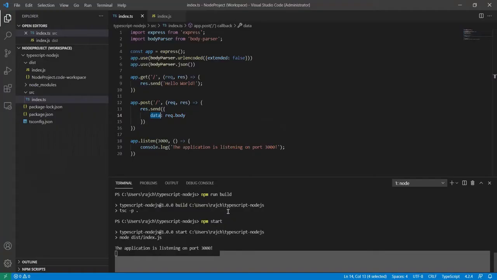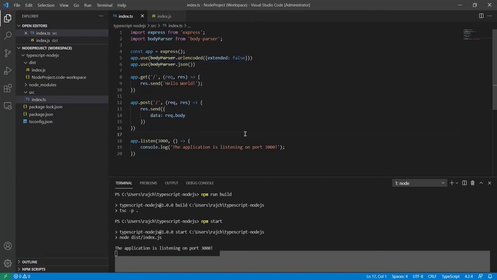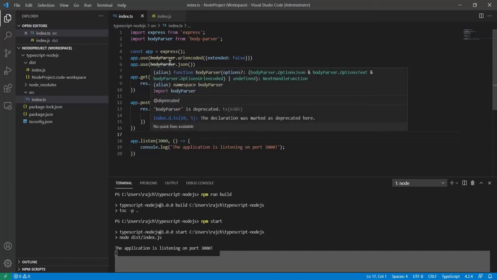So now you can see one thing here, and that thing is that it is showing body parser is deprecated. So you can see this code is deprecated, that means it should not be used for the future or for our project. So how can we remove this cross sign from body parser?